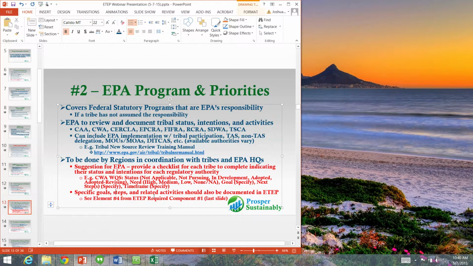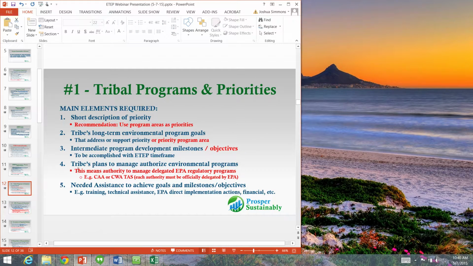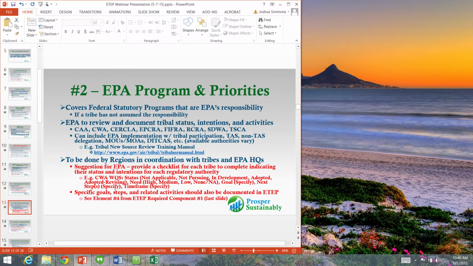Those specific goals, steps, and related activities that the tribe wants to pursue with regard to assuming those particular regulatory authorities should be integrated, in my opinion, into the ETEP. So, there's this separate process for developing these with the tribe and the EPA, but I think that element 4 from that last slide, the tribe's plans to manage authorized programs, has objectives and steps that you can, and in my opinion should, integrate into your ETEP work plan, strategic